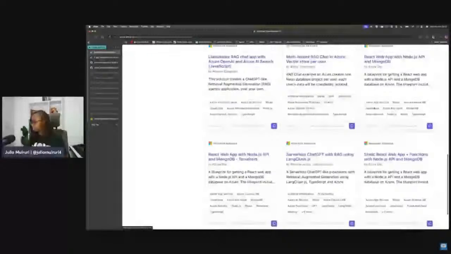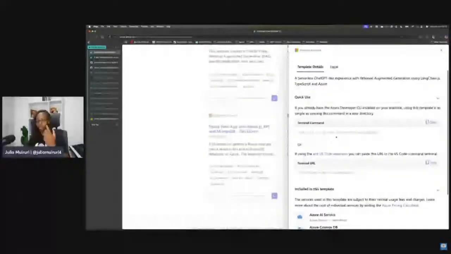It has an implementation of RAG. It's using LangChain, so it's a really good get-started template. And then you have the instructions on what you need to do in order to get the code, deploy it in one command, and then just work with the code and customize it to fit your use case. So that's basically what most of you did, and you were able to identify a template that you used for your solution.